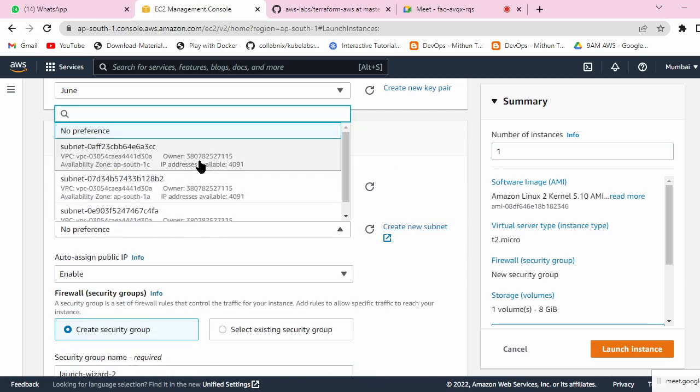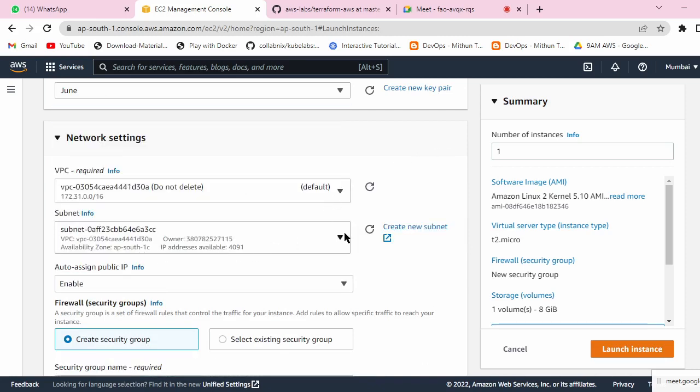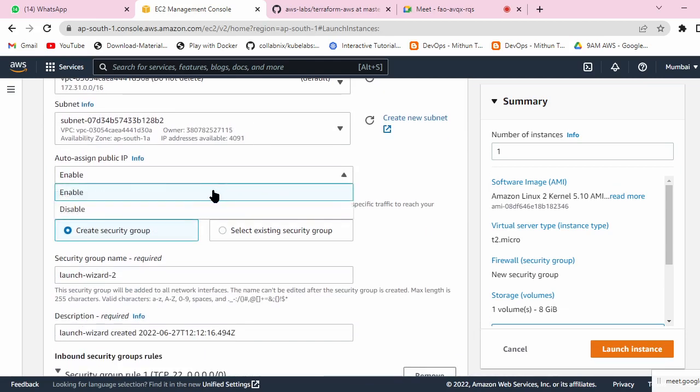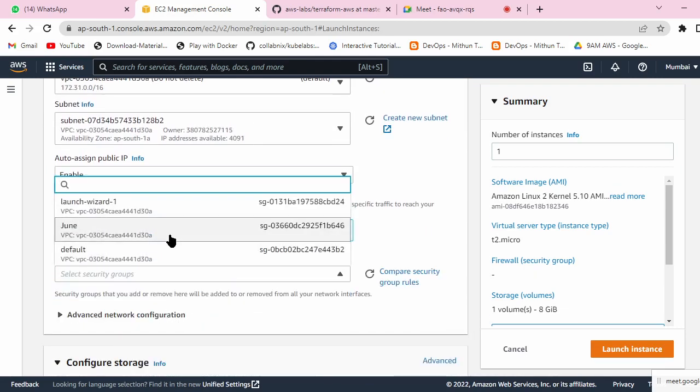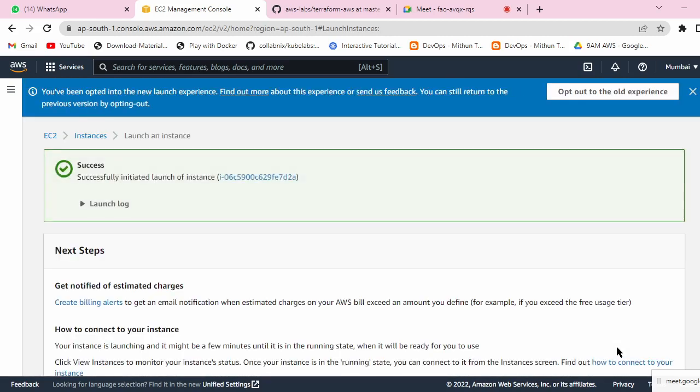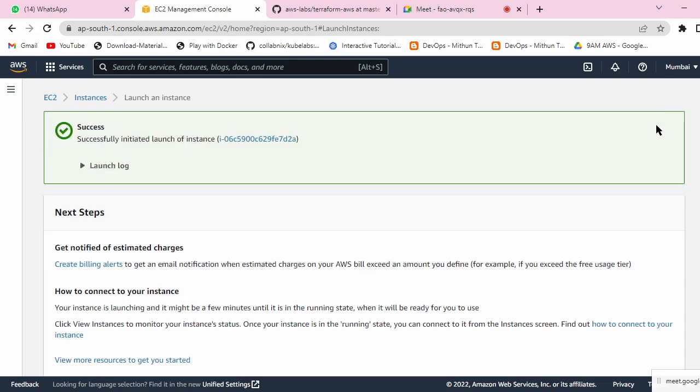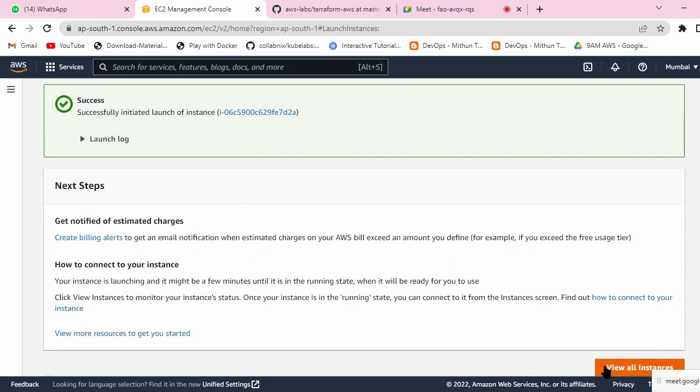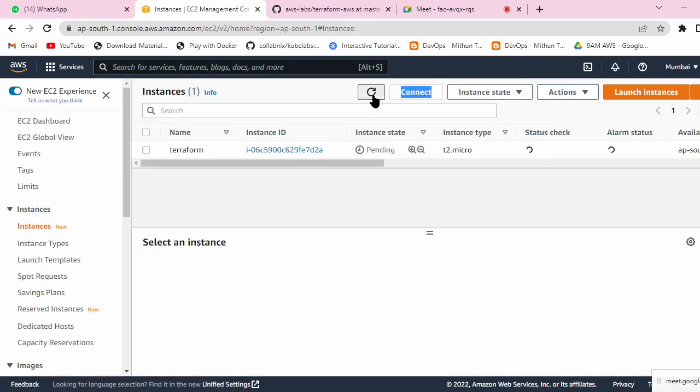You can go with the 1A availability zone, 1C, enable, then launch the instance. View all instances. Let me wait. Now it has come to running state.